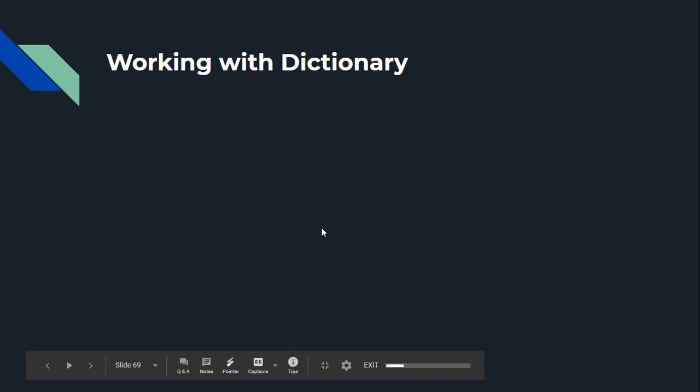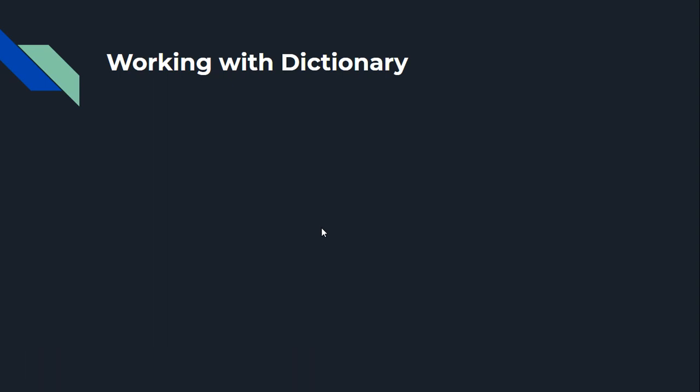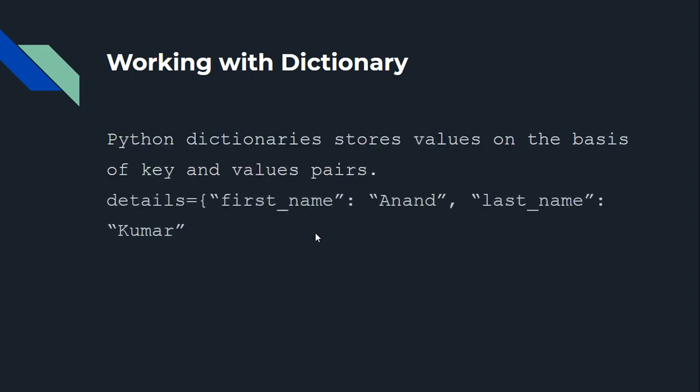So a Python dictionary is again a sequence, and it will contain key and value pairs, meaning every element of the dictionary will be a key and value pair. A very basic example of a dictionary is details. Suppose we have a variable details, and it has first name and last name as the key, and this is one of the values.